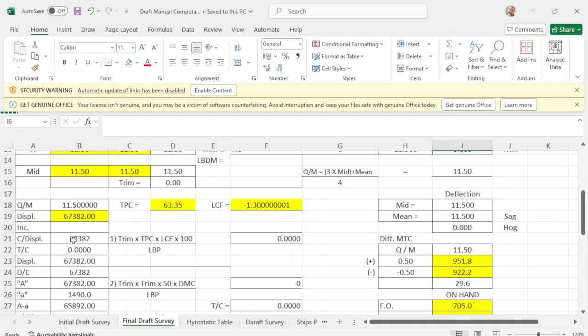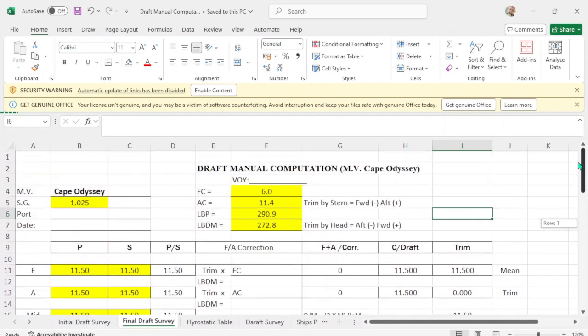The same, you apply the trim correction. There's no trim correction, that's 0. Carry down the displacement and density correction, because you have your local density here at final is 1.025.